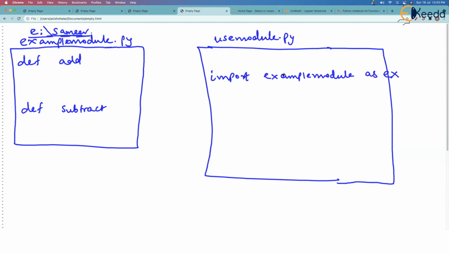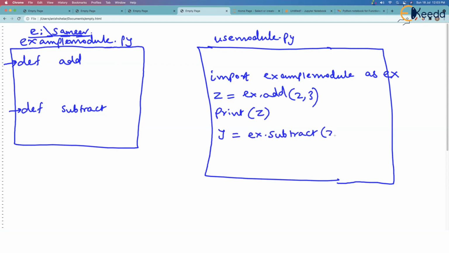I am using the simplest of grammars. So I am expecting both add and subtract to be imported because I have imported the entire module. And then I'll say Z is equal to EX.add(2, 3) and print Z. And also Y is equal to EX.subtract(20, 10) and then print Y.